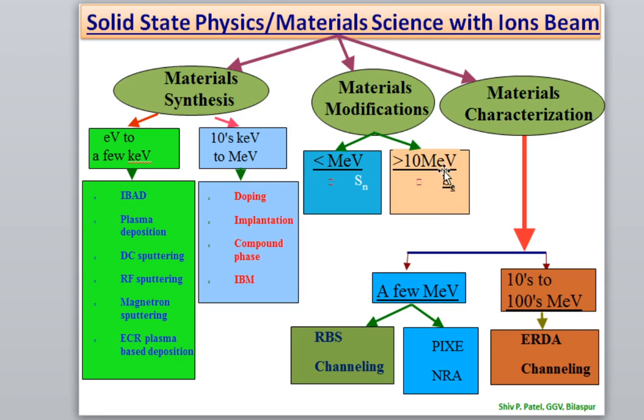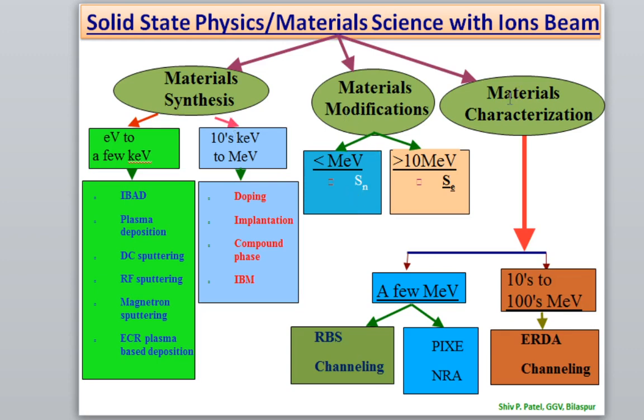So in the case of greater than tens of MeV ions, electronic excitation and ionization take place. Because of that, thermal spike process, Coulomb explosion process, and pressure spike process models are proposed to explain the modification of materials. And in the case of nuclear energy loss, low energy ion beams, we have discussed the Kinchin-Pease formula being used. Radiation damage, atomic displacement, defects, point defects, Schottky defects, all kinds of defects can be fabricated, and on this basis material properties have been explained.